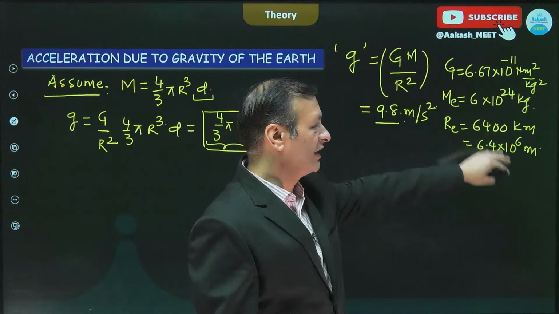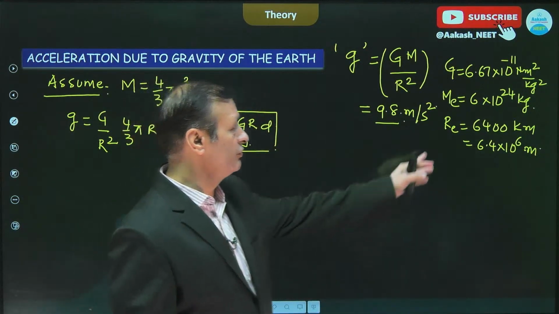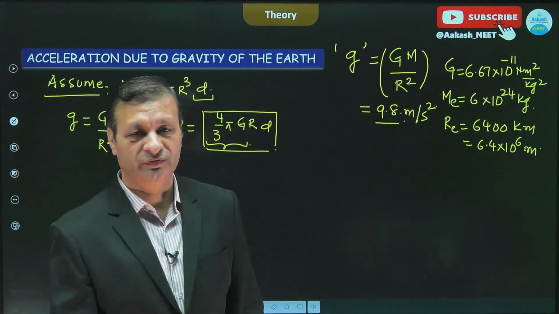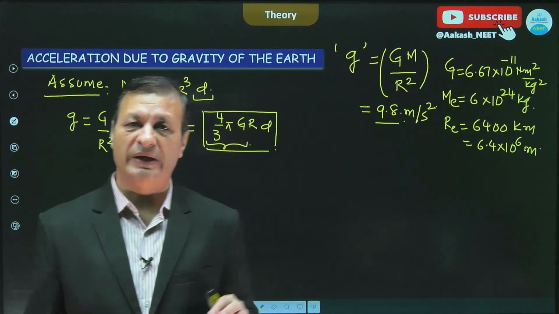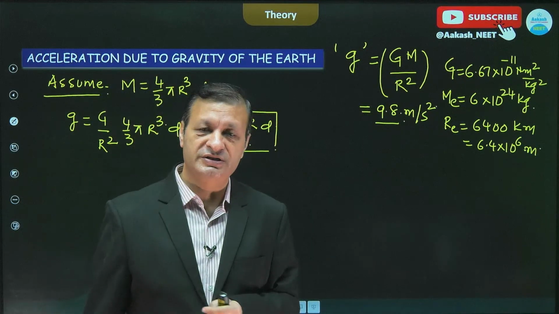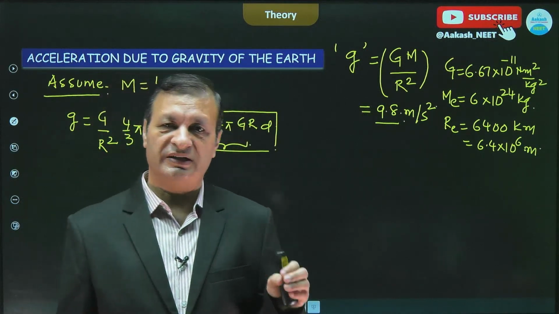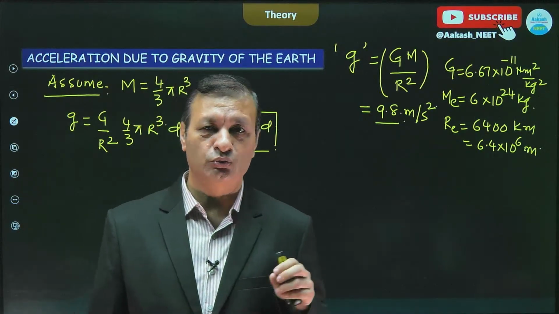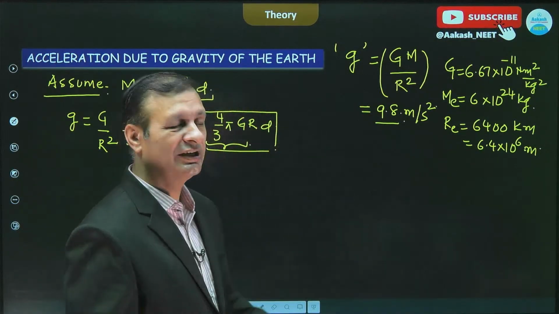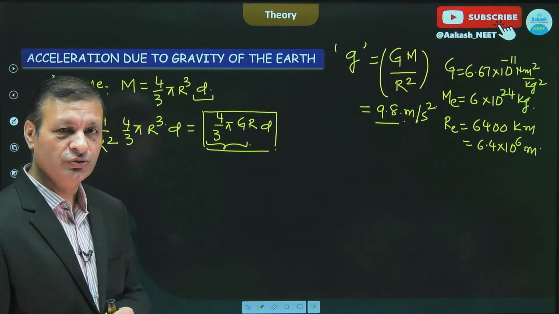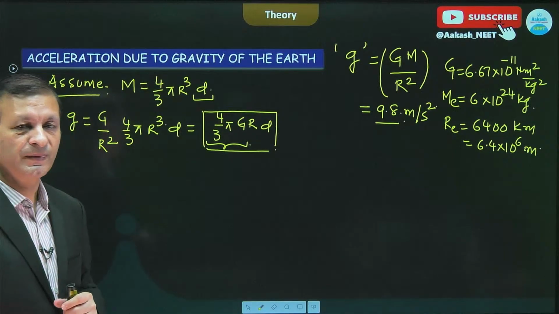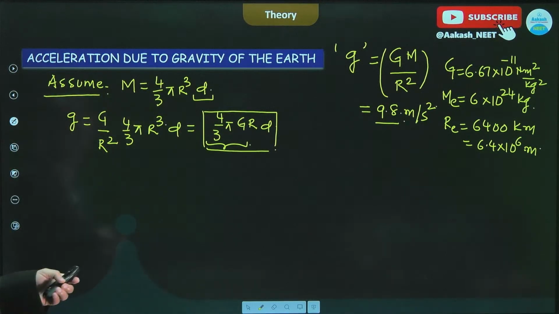These all are very standardized values, so I would rather suggest you for this mass of Earth, radius of Earth, these all are very standardized values. You may not find all these values in any of the numerical, so I would rather suggest you please learn it, you practice it, just put it in writing 2, 3, 4 times and you will retain it forever. That is all for this part. So any doubt? So shall we move with